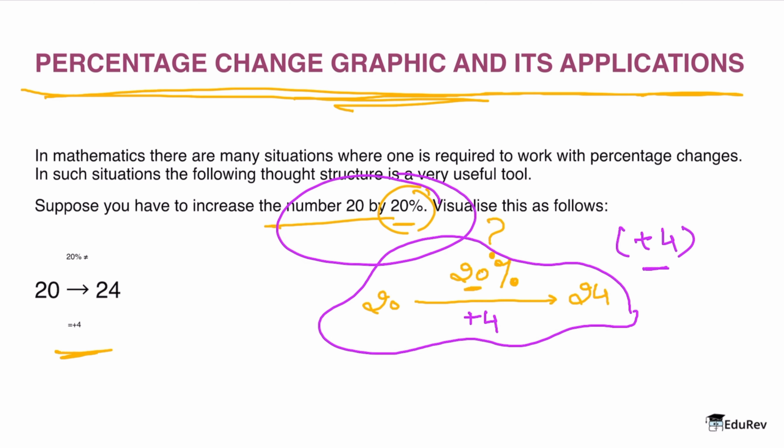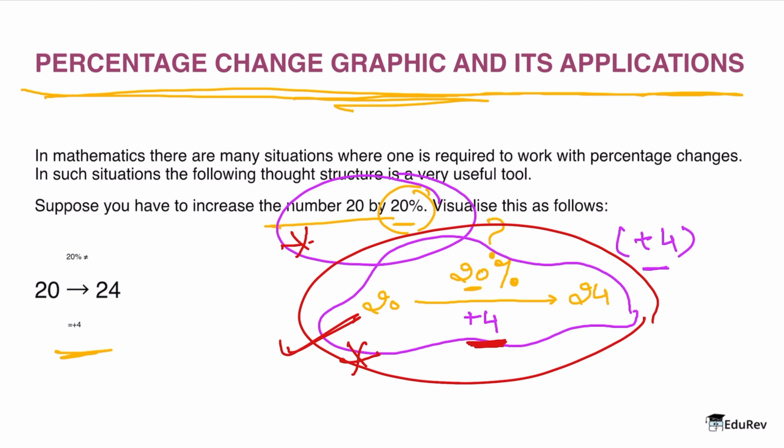Now tell me one thing. If you guys are given two options, one in this format and one in this format, which one is more appealing? Obviously, I would say the latter one is more appealing because by seeing you can automatically tell that the initial number is increased by 20% to the final number, and in doing so there is an upliftment of 4 units in it. Correct? So this is exactly what we are utilizing in showing this in this format. Okay. So I hope you people understood this one. So let's move to the